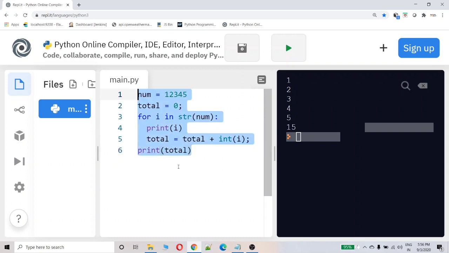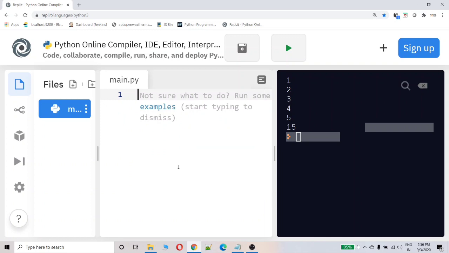Let's see how we can use while to solve this. Okay, before that we have to understand certain mathematical operations in Python. You have to understand the remainder operator and floor division.